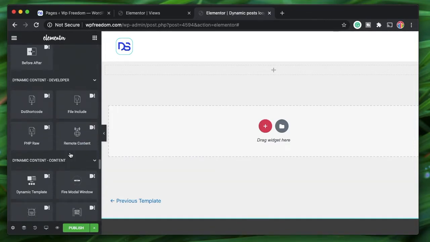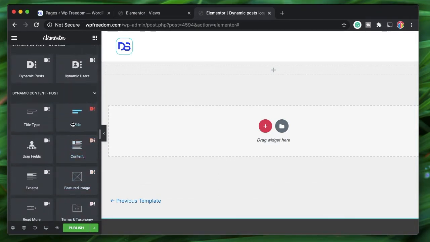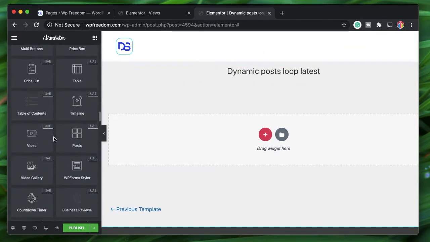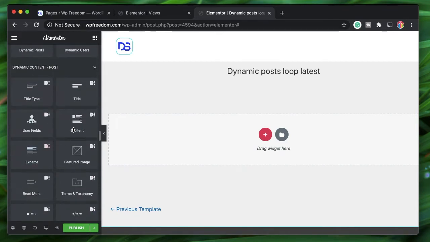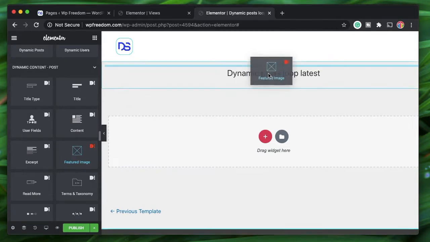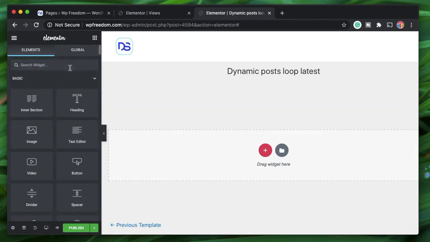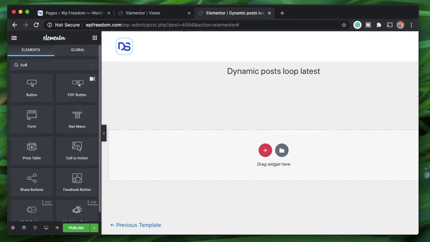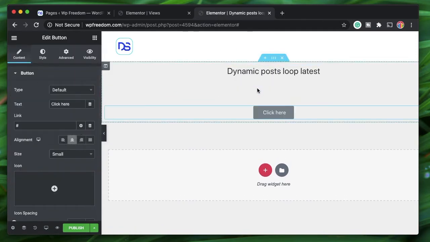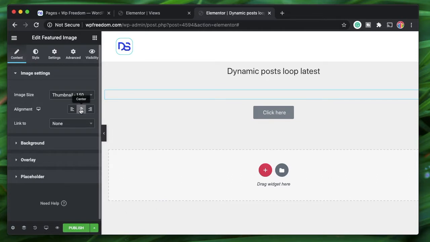You can use all the dynamic widgets that you want. I'll just use the basic ones. So we just need the post title. I'll drag in title and align it onto the center, and we don't want to see the content because it will basically load unnecessary items. We'll also load the featured image in here, and we'll add a read more button so that the user can click on each of the items. I'll also align this. Also, I'll change this to a thumbnail, and I'll align it onto the center.